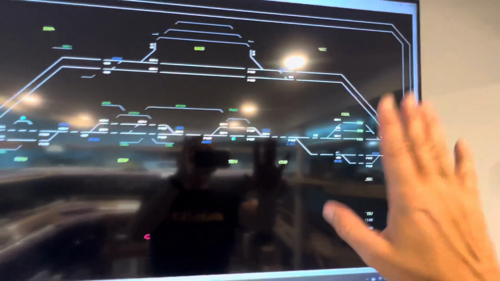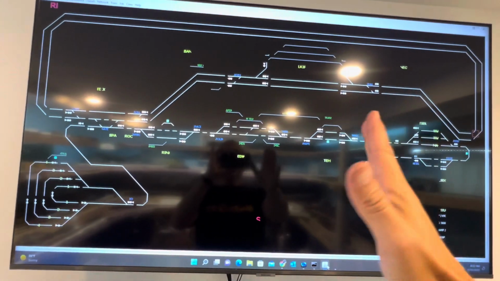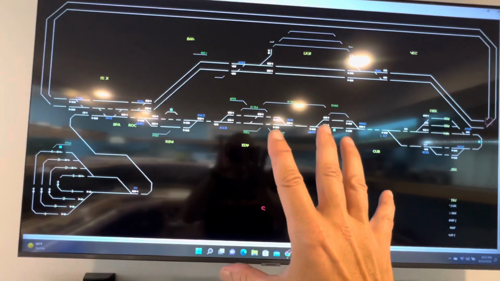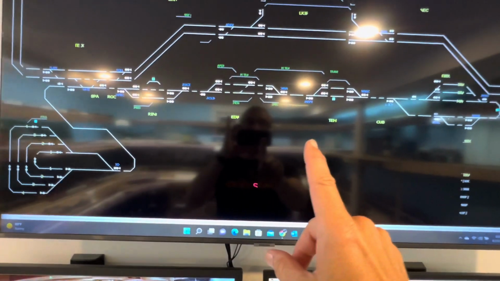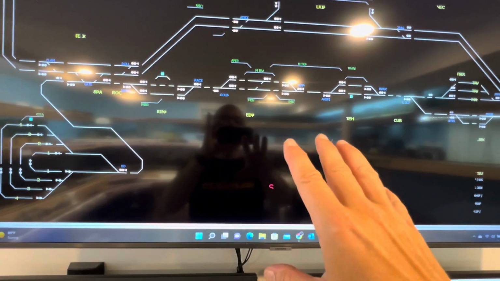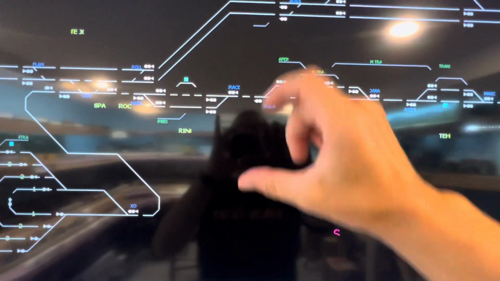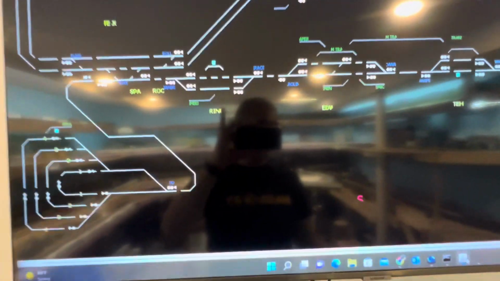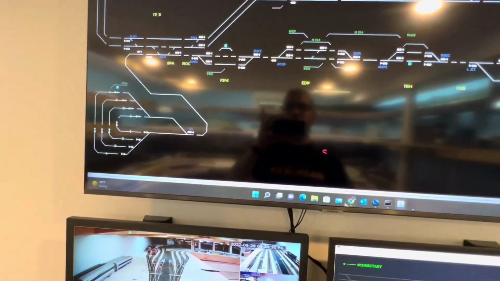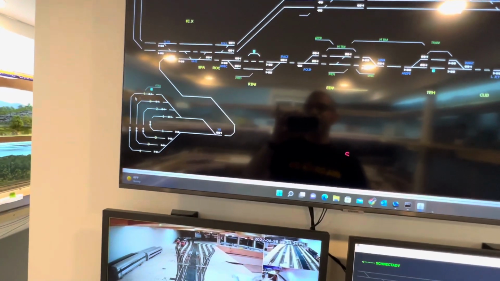That was a pain because I had to literally shrink the entire panel, which is tricky because you can really screw things up, especially when you already have things assigned, like signals. So I had to be very careful when I took a chunk. Let me just make sure I save this first. But let's say I want to take my staging yard here